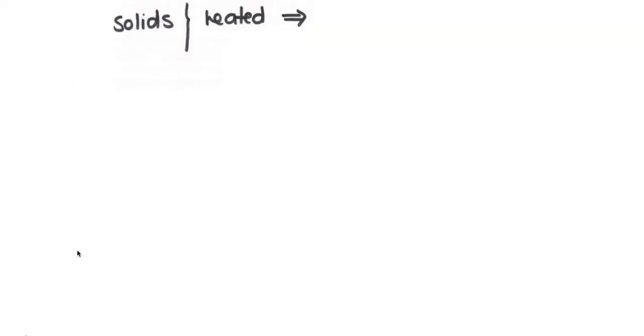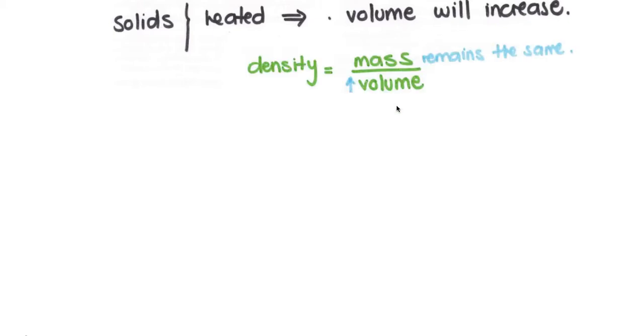Let's think about solids. So if we have a solid and we heat it up, what is going to happen? It's going to expand. And if it is going to expand, then the volume is going to increase. Agree? So another way of explaining what I just said is to think about this. If we use our formula and we think that density is equal to mass over volume, and we're thinking that the mass is going to remain the same, but we're going to increase the volume. So what is going to happen to the density? It's a good way that you start getting used to using formulas to analyze this type of questions because it's going to be very useful later on for you in science, okay?